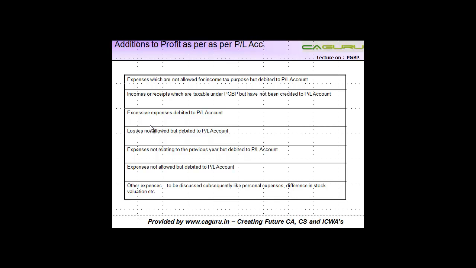We spoke about this a little bit earlier, that whenever you arrive at the profit as per the profit and loss account, then there are various adjustments which are to be done in the form of addition. Let us now see each one of them in a little bit more detail. The first one is expenses which are not allowed for income tax purpose but debited to the profit and loss